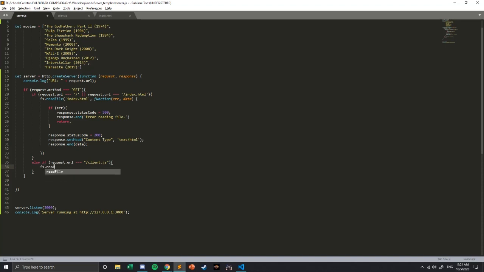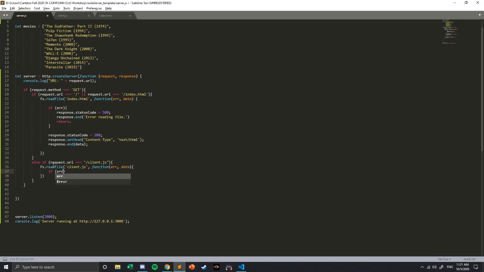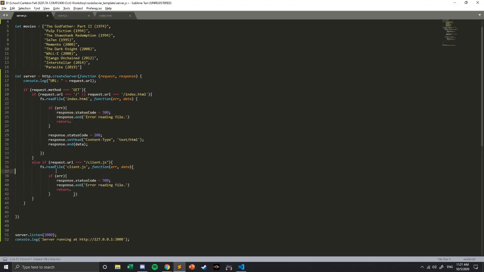So we use the same read file function here, and client.js is what it's called. We get our function parameters, and again we check for an error. Same way. I'm actually going to copy this like that. Where did I copy? There we go. So yeah, we do the same thing, just error reading file, and if it's not an error,